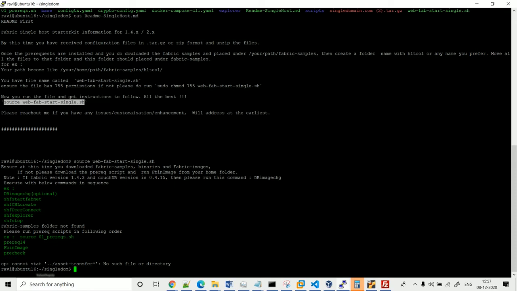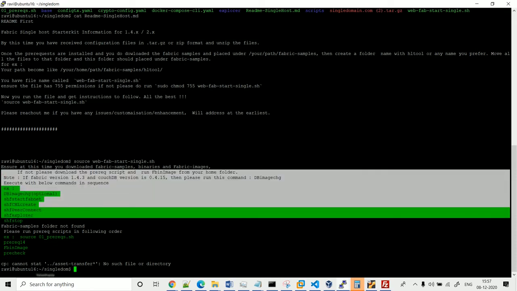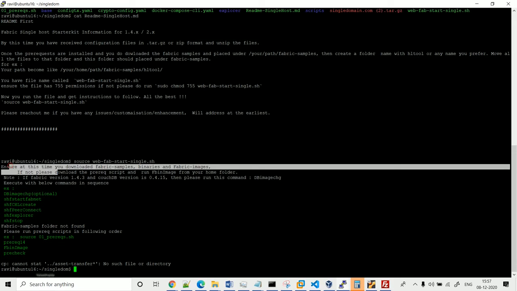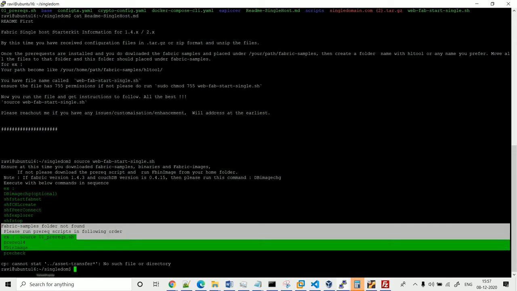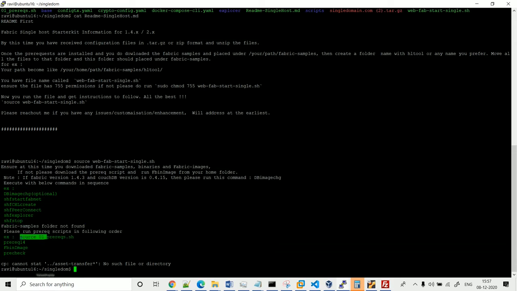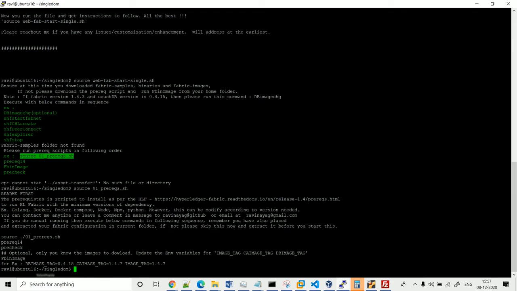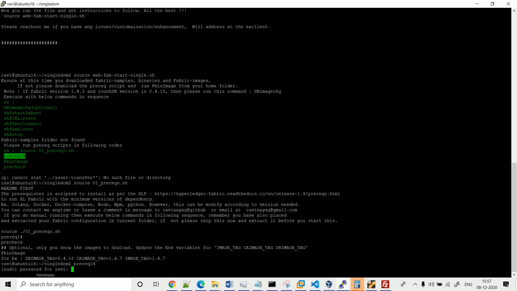We have to source this file and execute these commands sequentially. Once you execute the first command, it will start pulling all the Docker binary files, Python binary files, Node binaries. It will start installing everything and also put the permissions for the current user for Docker executions.